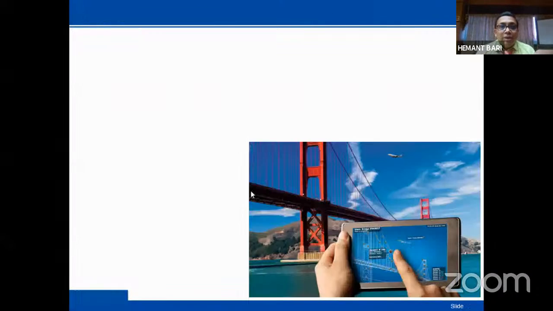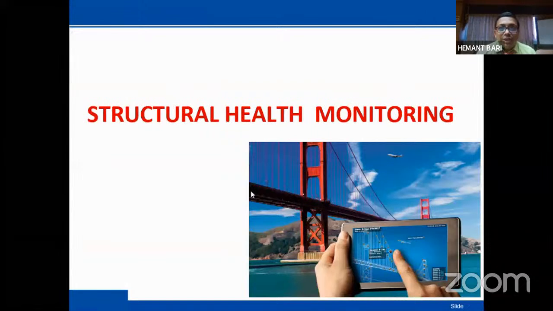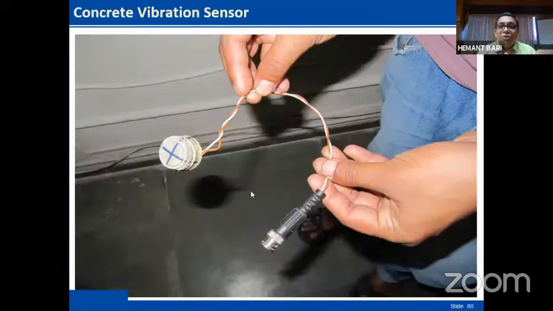Okay, now for the civil people, structural health monitoring is a new job or new idea. You have to think about structural health monitoring first, and after that build the bridge or building. Okay, so there is a concrete vibration sensor available. This is a patented technology by IIT Delhi, Dr. Suresh Bhalla. Okay, I met him in